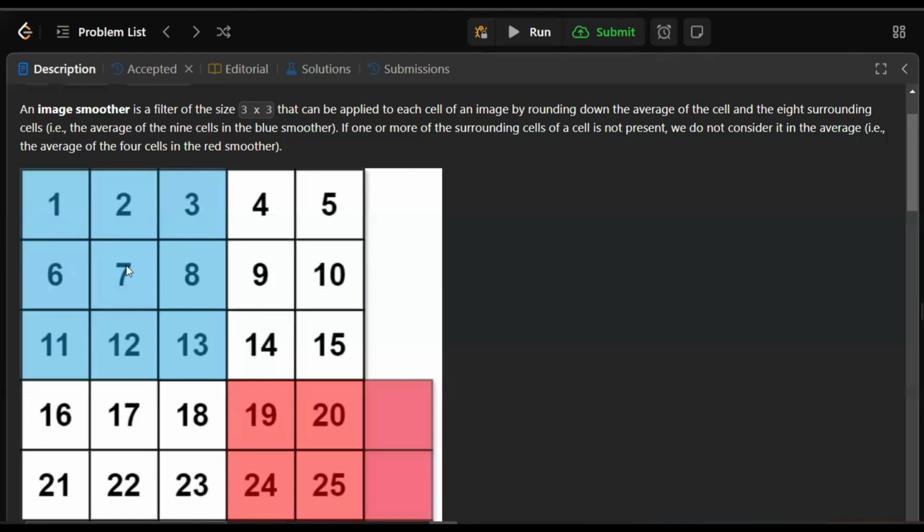Similarly, for this element 7, it has 8 adjacent numbers, which are 1, 2, 3, 8, 13, 12, 6, and 11. And the value 7 itself is included in the summation. So we have to add all of the numbers in this blue box and divide it by 9 and replace